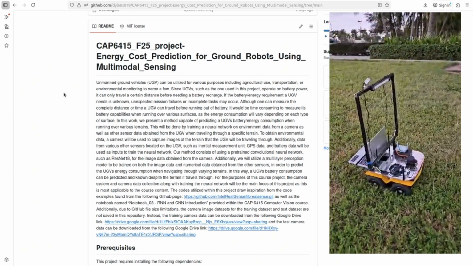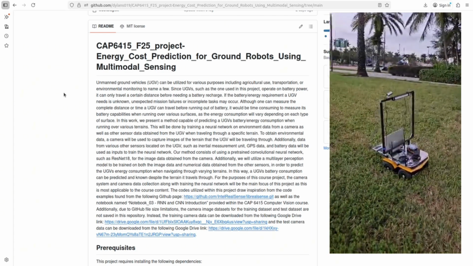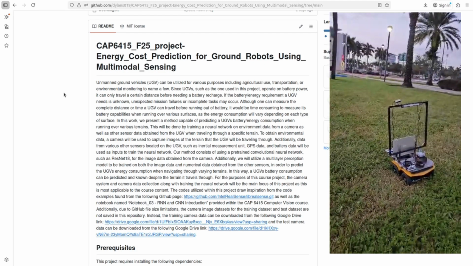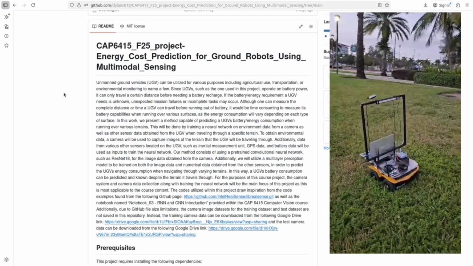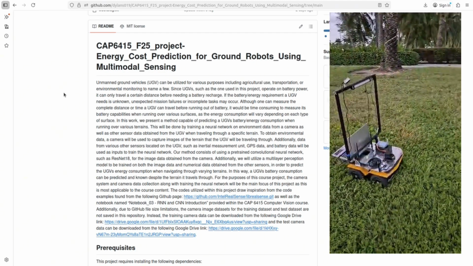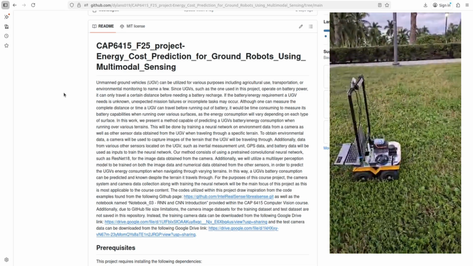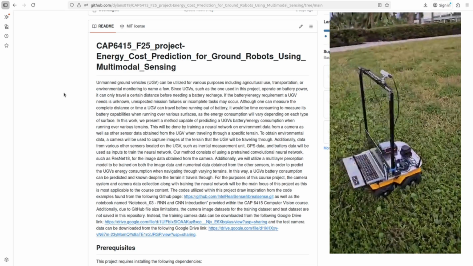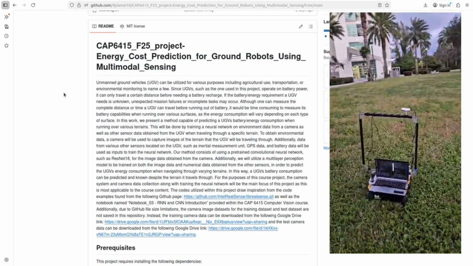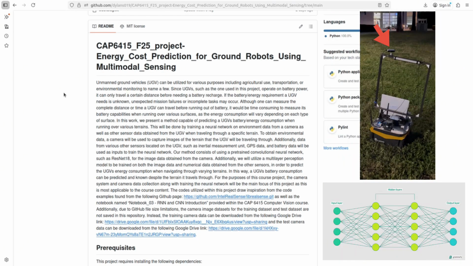To train a neural network, we implemented multimodal sensing by gathering information about the UGV's terrain through a camera to collect images on the terrain, and also from various sensors on the ground vehicle, including a GPS system and inertial measurement unit data. For the purposes of this computer vision course project, I will mainly be focusing my discussions on the camera implementation and the neural network training and testing, as these topics are most relevant to the topics studied